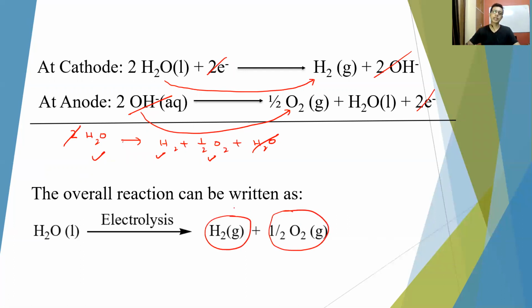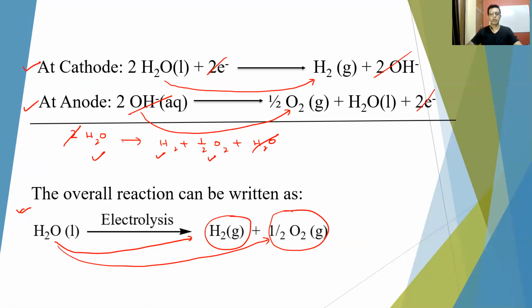So if this question is asked, you don't need to write these reactions. Actually, these reactions you'll get in higher class. You need the overall reaction only. So for class 10, if you remember this overall reaction, it will be sufficient for you. If the question is why the amount of gas obtained at the cathode is double that of oxygen obtained at the other electrode, we'll say that this is because 1 mole of water, when electrolyzed, produces 1 mole of hydrogen and half mole of oxygen. Since oxygen is half, the volume of oxygen is half, hydrogen is 1, so the hydrogen volume is double that of oxygen.